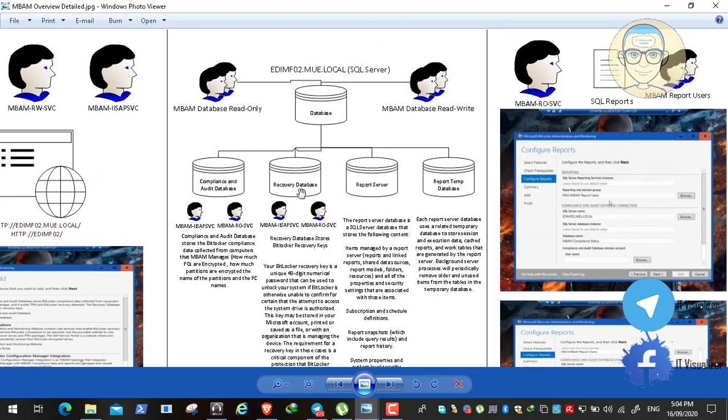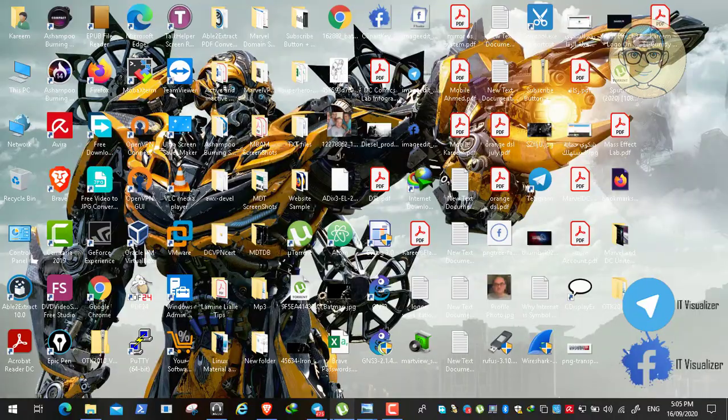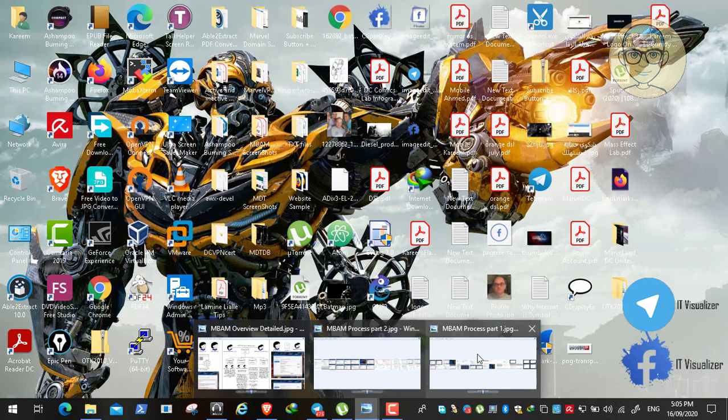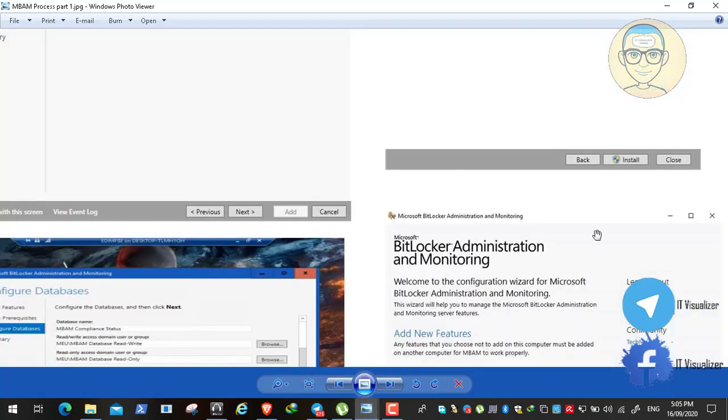We have given access to each database according to whether it is only to read or to write to the database, according to the groups that we created in previous videos. And then for the reports, we have also assigned different groups or users to control what is to be done with these 2 databases. How this will be done in detail, we have also discussed in the previous video. First of all, what we have done,